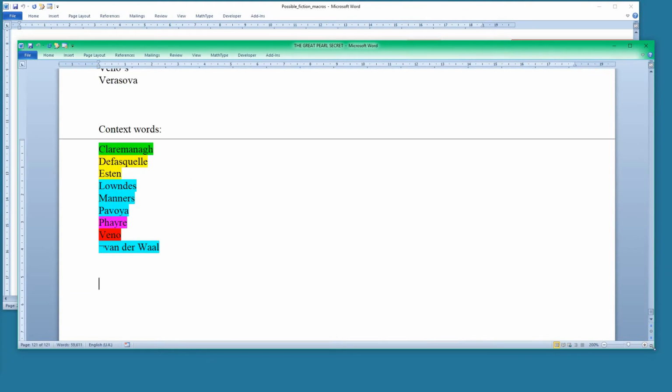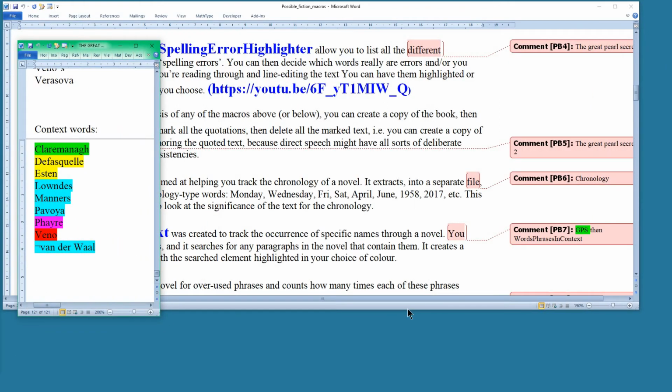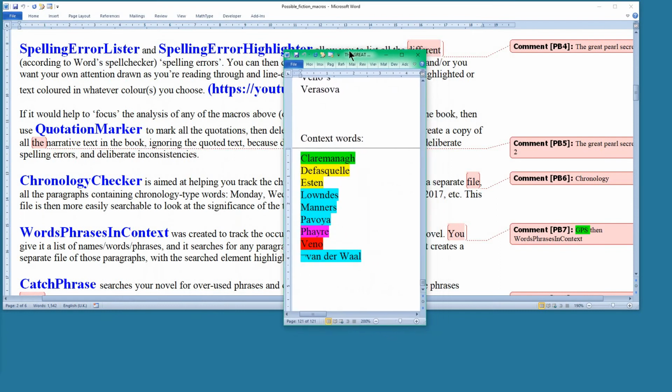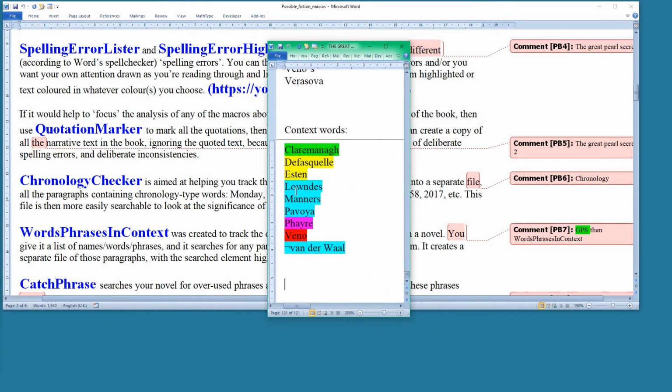So what we're saying here is that if we want to find out about mentions of particular people or particular places, then we can create a list, and this words, phrases in context macro will look through the whole document, and it will highlight those particular words in those colours,